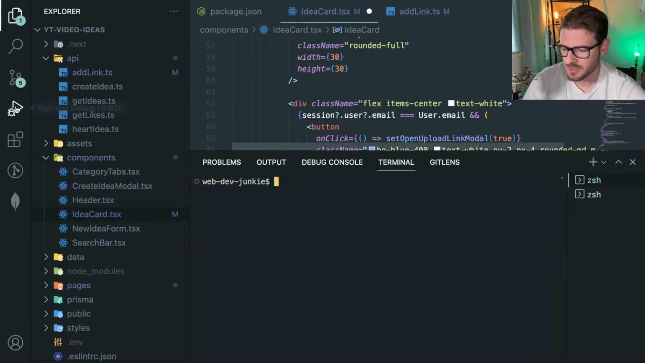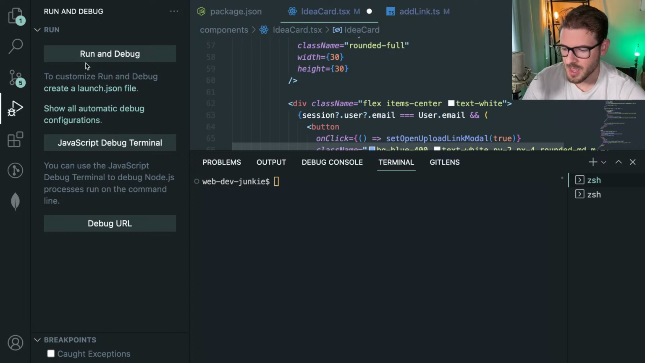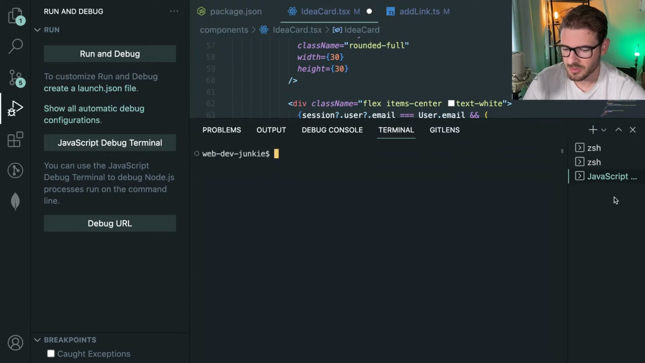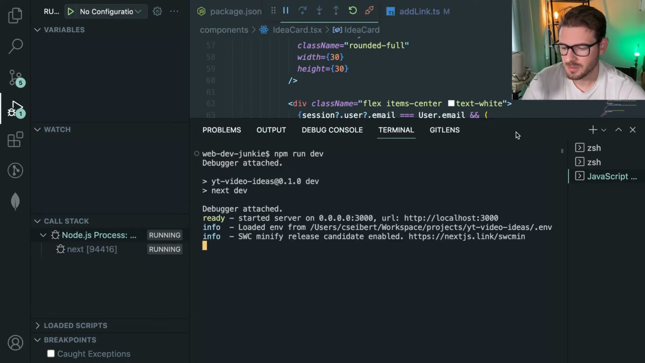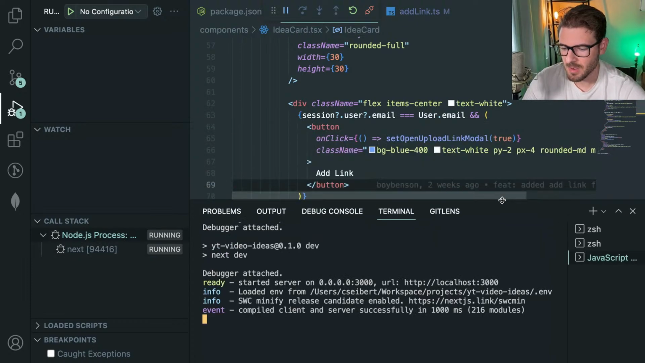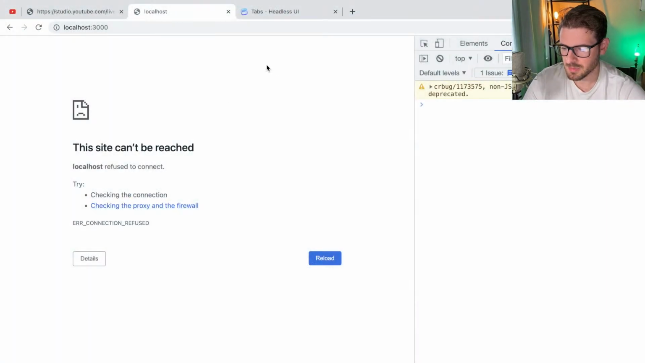So in VS Code, there's this cool thing that I don't know if you've seen. You click on the run and debug and click on JavaScript debug terminal. And when you're in this terminal here, you'll see that it has a different name. Just do an npm run dev, and that's going to run whatever you run with the debugger. Okay, so if I wanted to debug this front end application